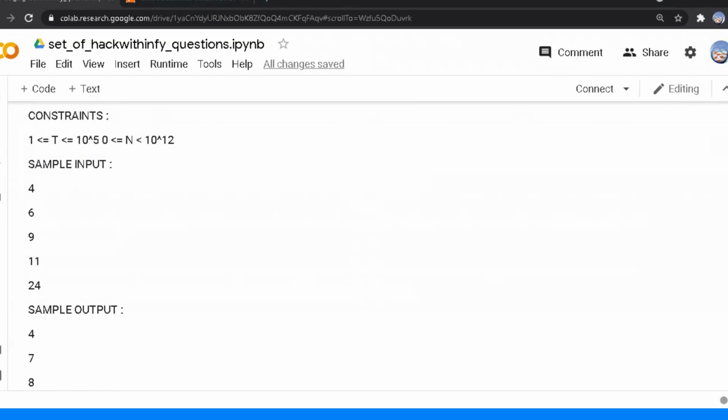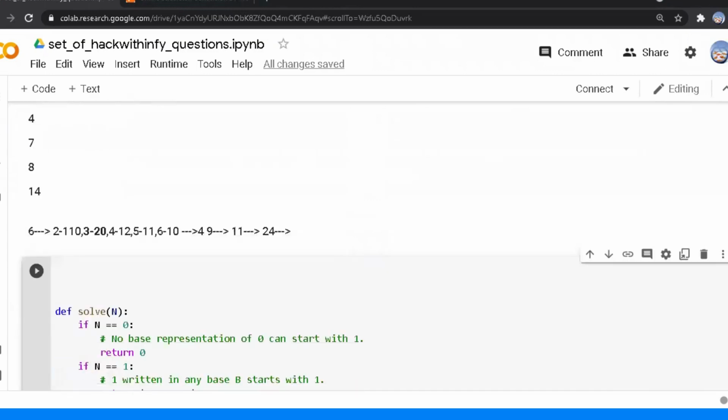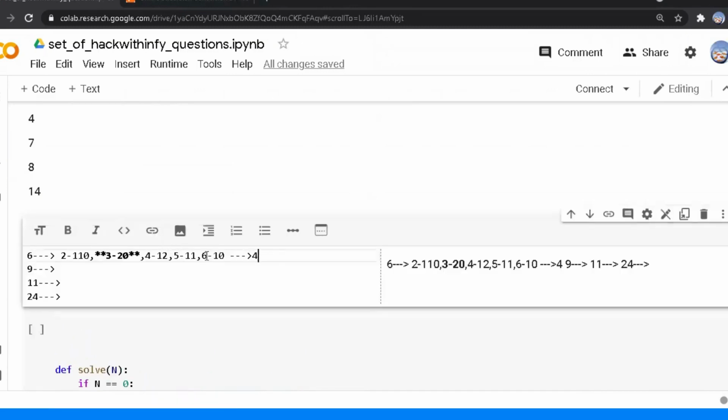I will explain what bases are first. Normally we work in decimal form, which is base 10. If it is hexadecimal, we say base 16. If it is octal, then we say base 8. If it is binary, we say base 2.